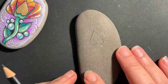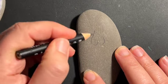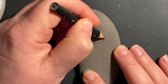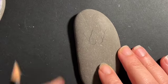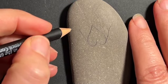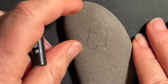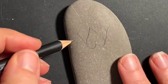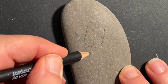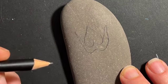And once I've got that upside down heart, I'm going to do those prongs that come out of Heart Nouveau. So you can see that I'm going to put those two lines out on either side here. And let's go ahead and zoom in on this so that you can see it a little bit better. Once I've got that, you can see that I'm trying to show you this while not creating a shadow on the piece here. So I'm going to come down and create that wavy line underneath for the base of Heart